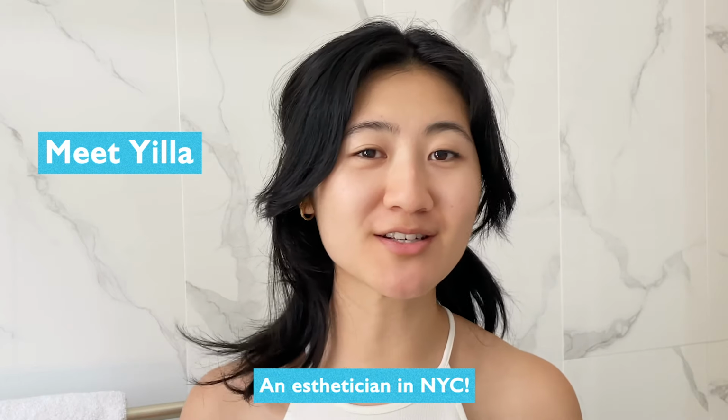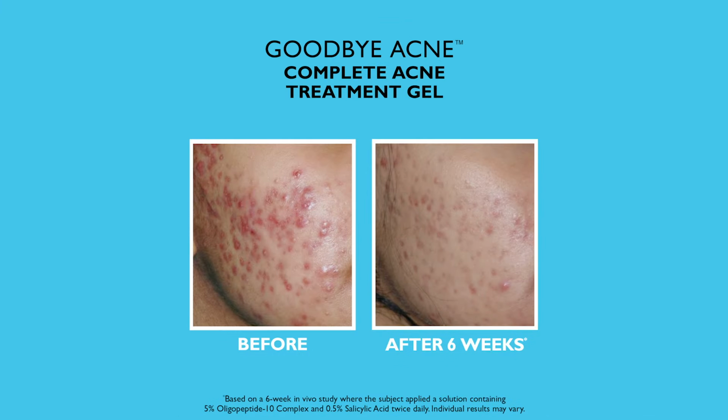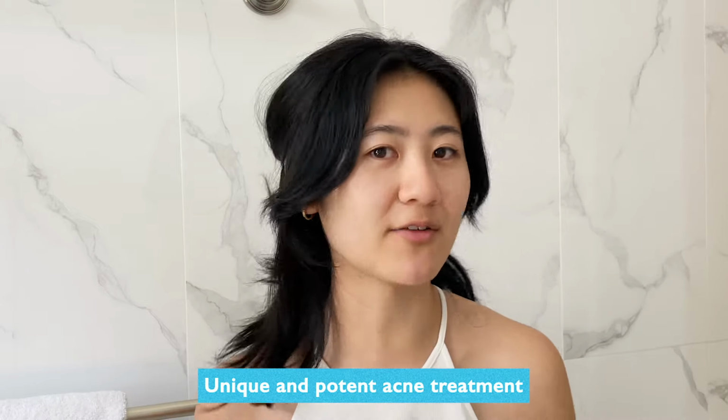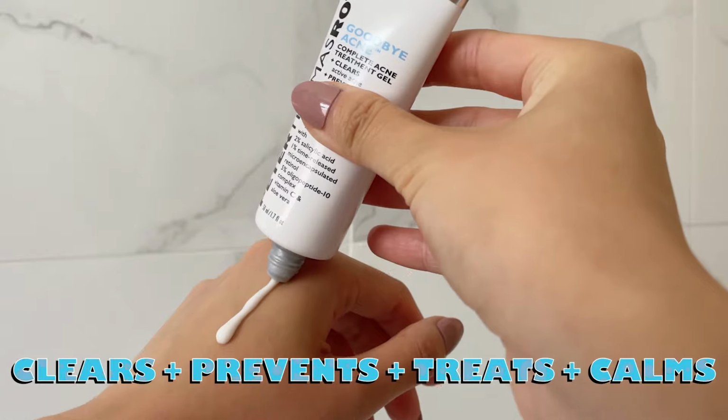I'm so excited to introduce the Peter Thomas Roth Goodbye Acne Complete Acne Treatment Gel. A lot of the acne treatments that I've tried in the past are either really sticky, really tacky, heavy, or super drying on the skin. So in all my experience using acne treatment products, this one is super unique and nothing like I've ever tried before. What makes this formula really stand out from all the other acne treatments that I've used in the past on myself